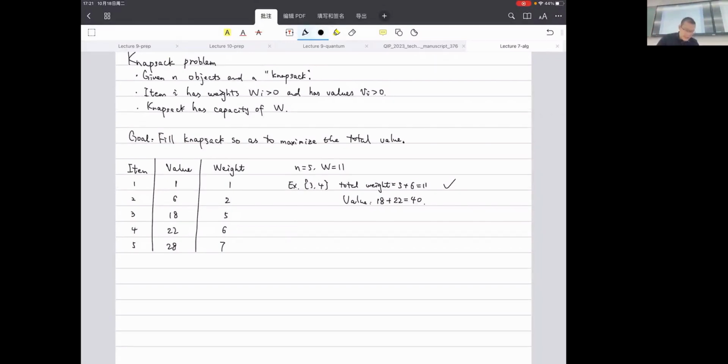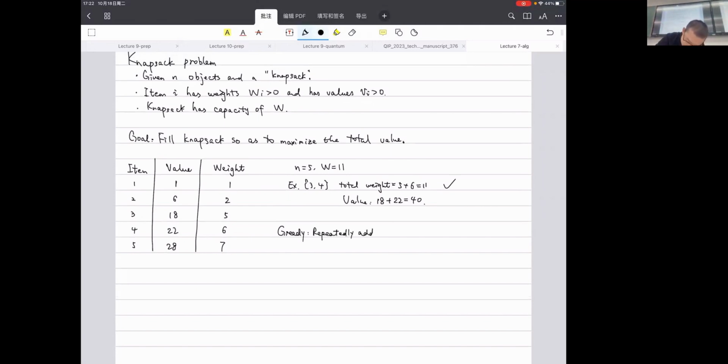So maybe, for instance, a very natural strategy is also greedy. In general, we are talking about putting items into a knapsack. So a very direct way to think about this problem is that you want to put in items that deserve that value. But what does it mean to deserve such value? Maybe a good strategy is that you want to repeatedly